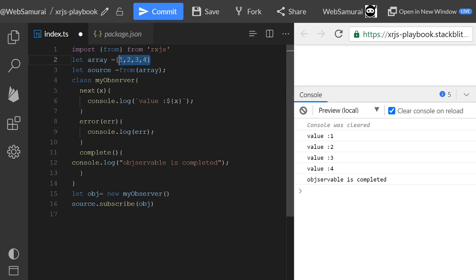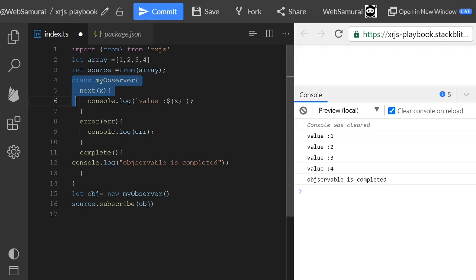This is not asynchronous data, it is synchronous, but in future we can create observables from asynchronous data also, like mouse click and mouse movement events. This is how we can create an observable using the from method.